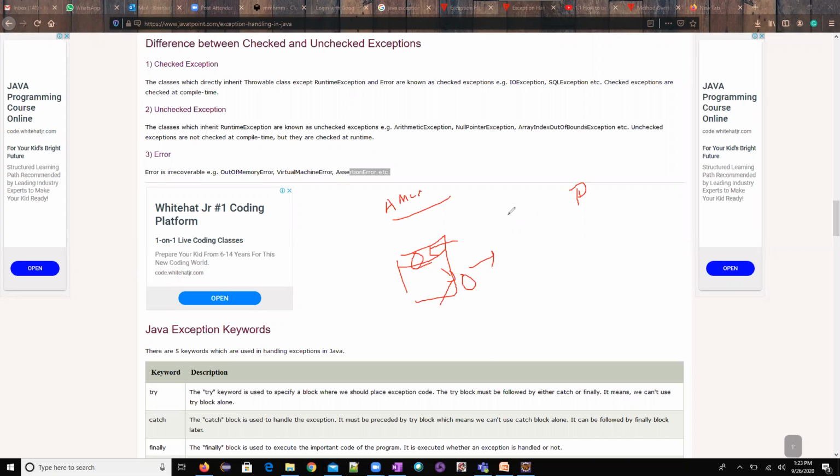When the expected value is equal to the actual value, then the test case is passed. When the expected value is not equal to the actual value, then the test case is failed. Now, my expected value I will give as amazon.com.